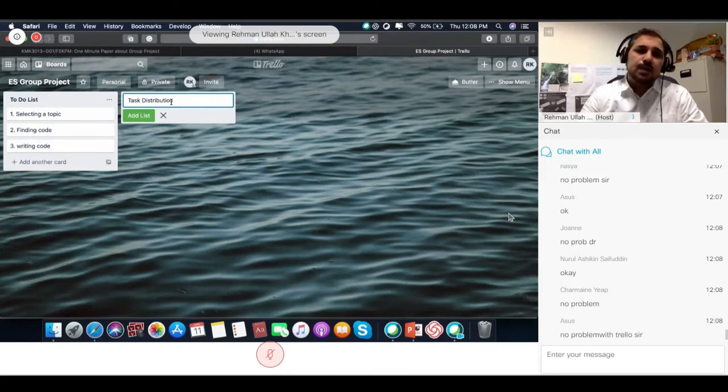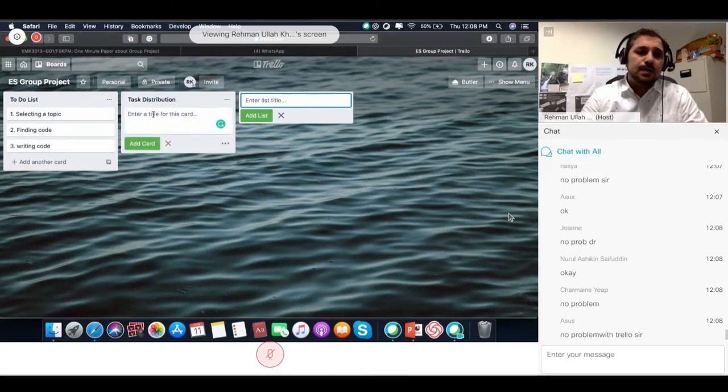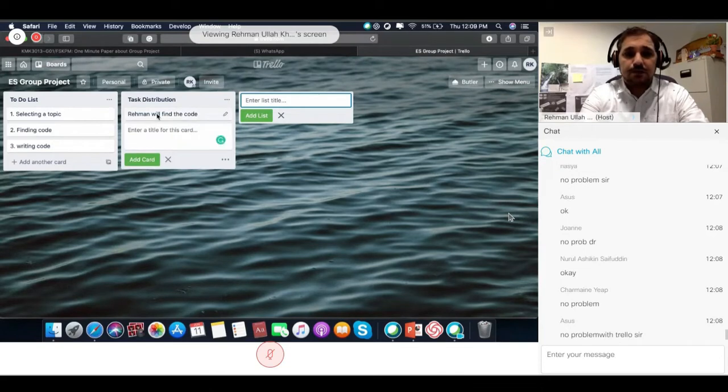Okay, task distribution, and in this distribution, you can type like this. For example, me, I will find the code. And let's suppose another one, anyone, I should call that A. Okay, A is the person's name.